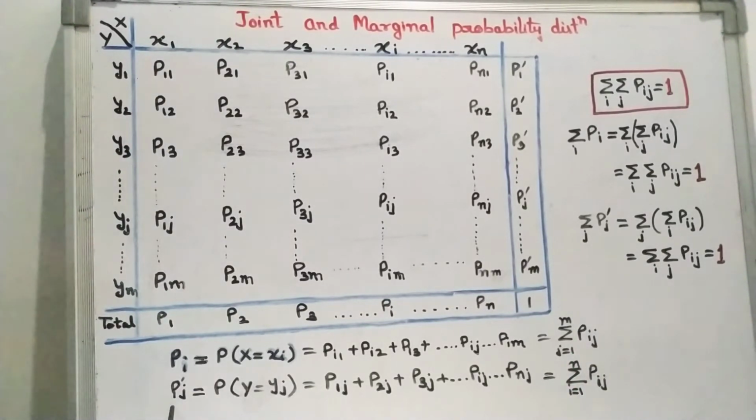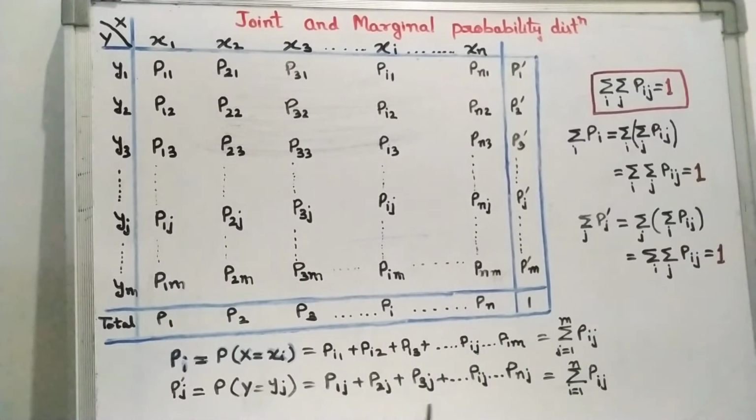Similarly, we can write for pj dash. pj dash means the sum of all these. So pj dash means probability of y is equal to yj, okay. This probability can be written in this way, in short we write this. It means the probability of y is equal to yj. So again we write it as the addition of these probabilities, pj dash probability means addition of all these probabilities,